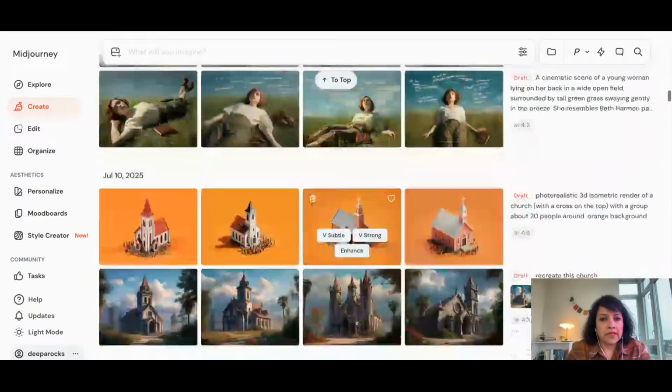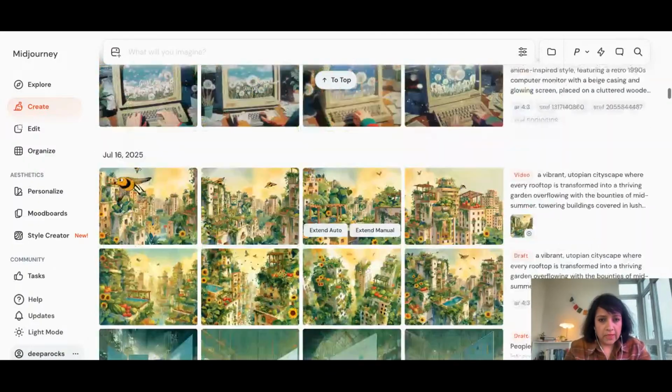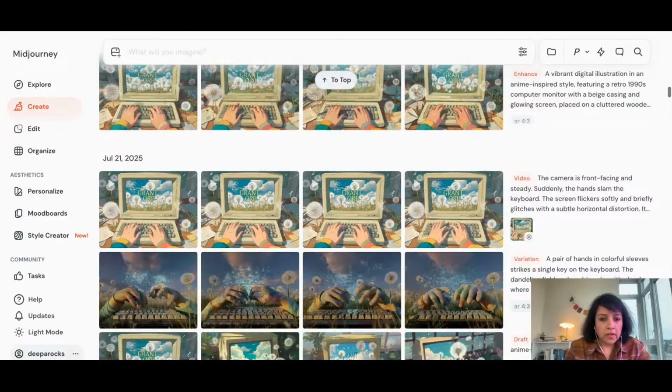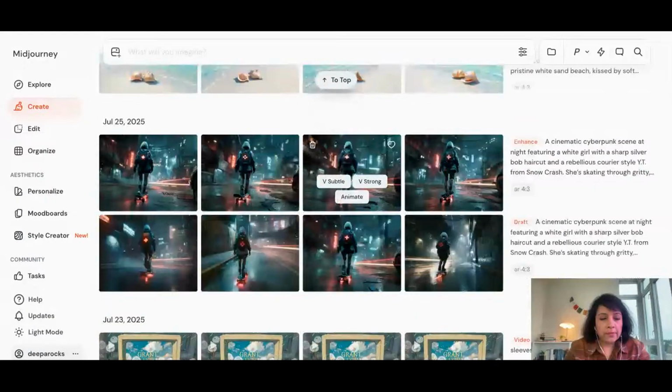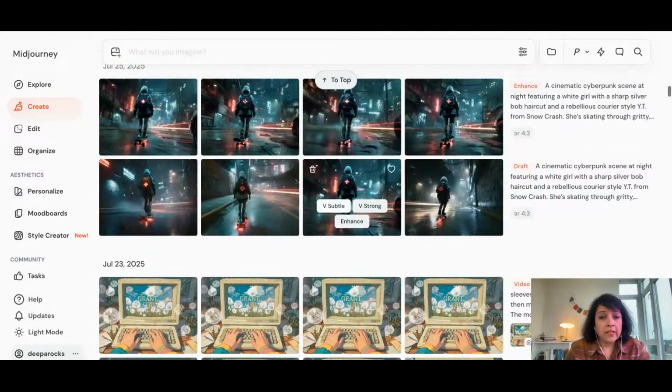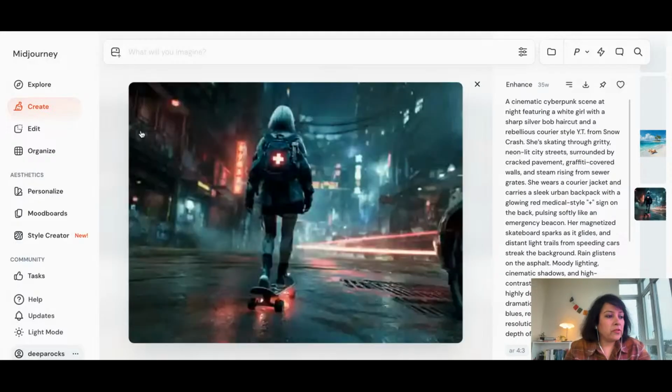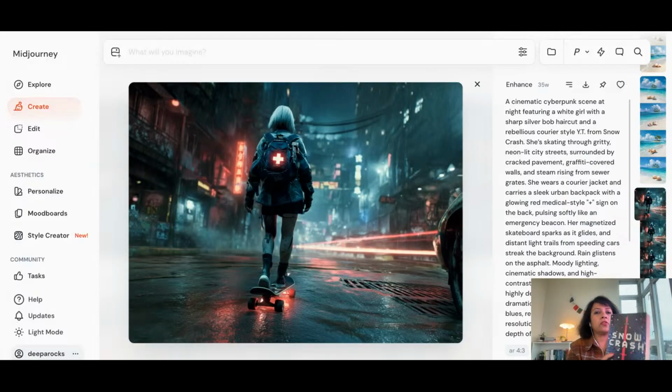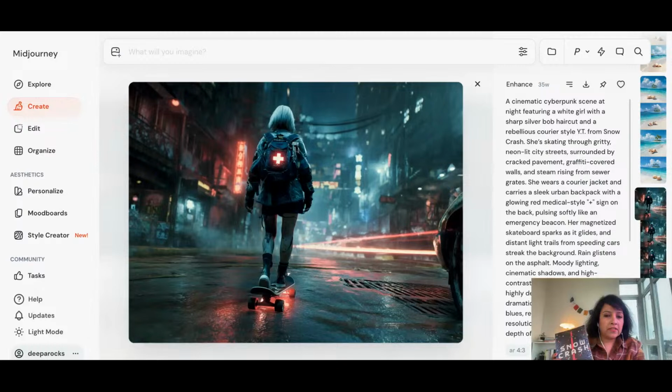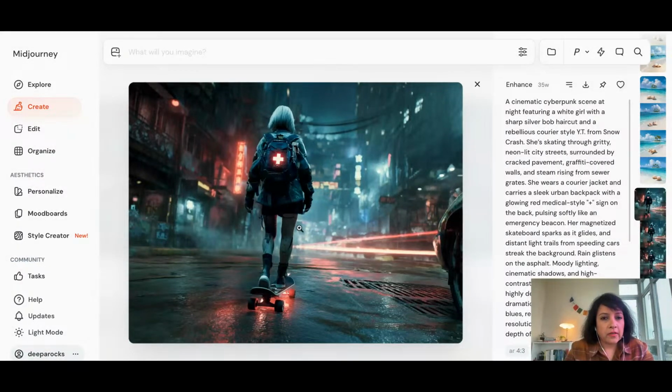This is all the stuff that I've created, and one of my pieces also got featured on the Midjourney curated page. They only feature selective art. This is a concept I've been using from the book Snow Crash. There's this girl Whitey who delivers pizzas and goes really fast on her board. And it's a cyberpunk city. So I've been trying to use that as an inspiration to create a commercial for my own startup, Grantor,